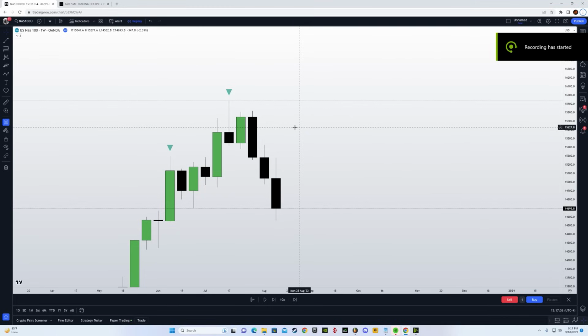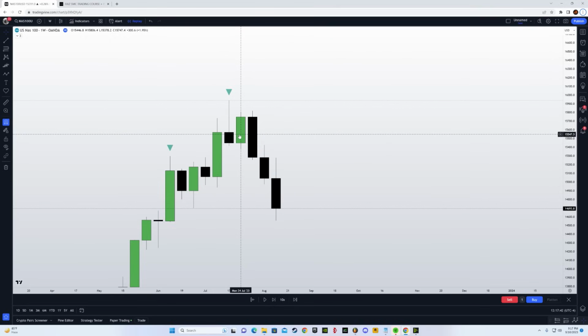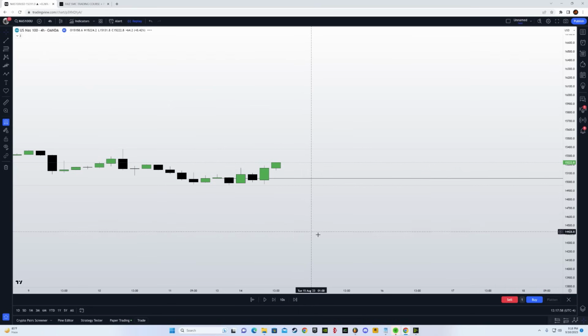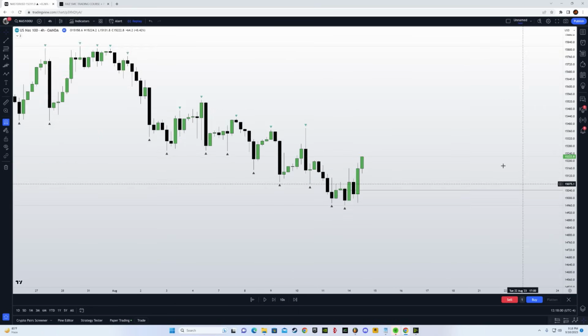All right, guys, so here is example number 1. I'm looking at NAS 100. This is my most favorite asset to trade with this strategy. So yeah, you can test it out yourself. All right, so let's study this weekly candle. Okay, so let's mark out the opening price of this weekly candle, which is right here. Now let's drop down to the 4-hour time frame here,